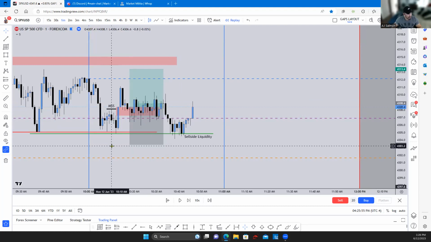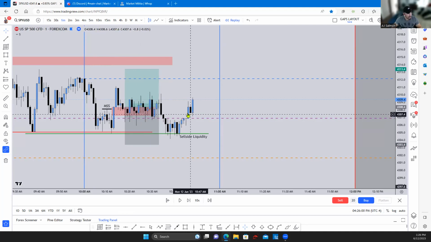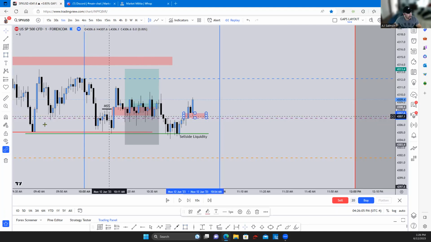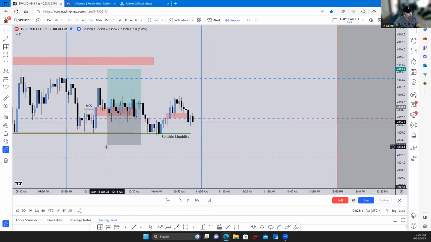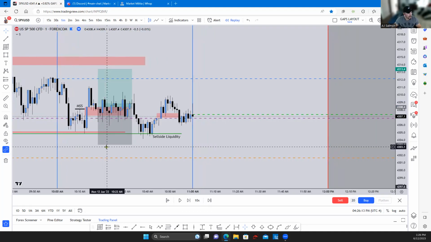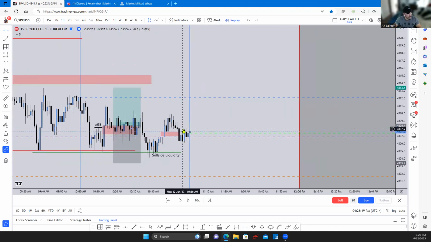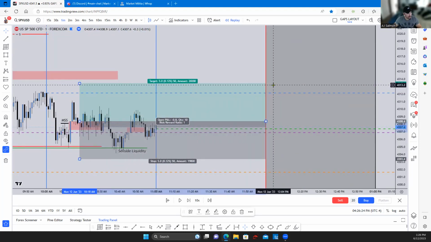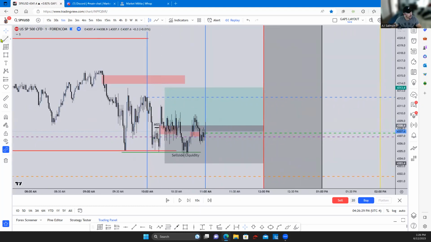Now look, another big volume push to the upside. We leave a small gap. And here, price returns into this gap here. Then ultimately, the thing with this strategy is you can enter, as long as your entry is inside of this silver bullet window, then you can hold all the way up. I like to hold at least into 12 p.m., which is the New York lunch hour. So this would be our take profit one